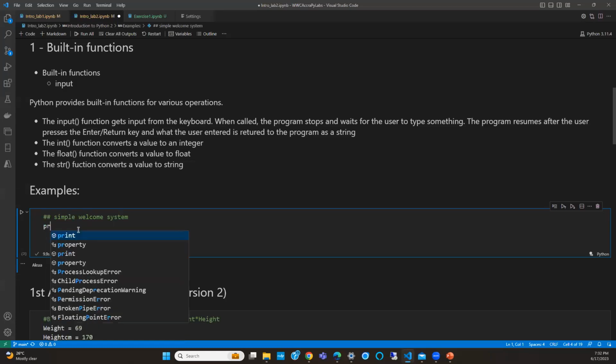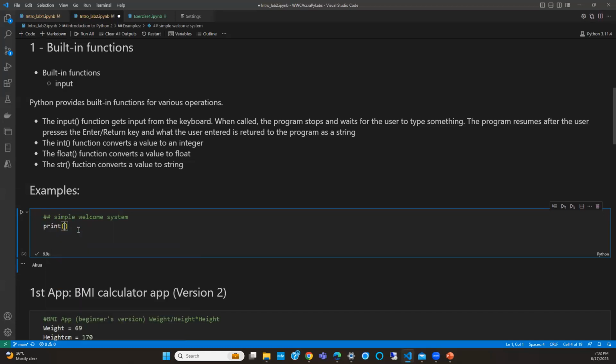So let's see, print. So first of all, hi, this is Women Who Code Accra Python Labs. Right. Let me just say this is okay.